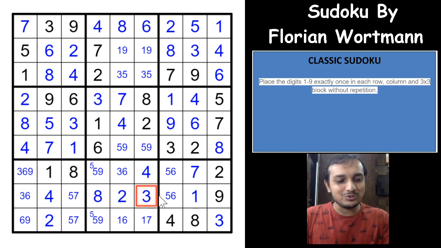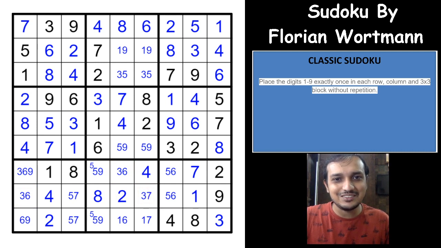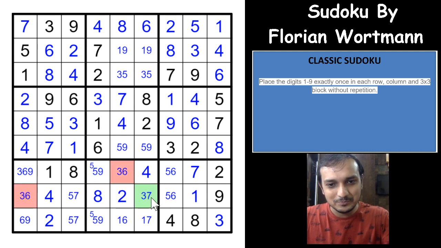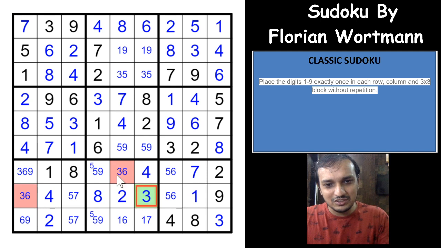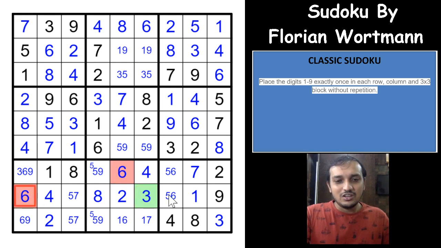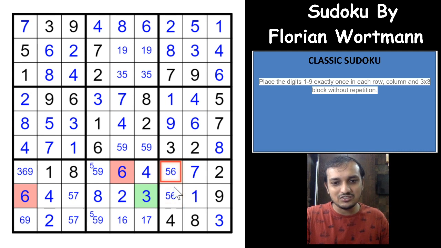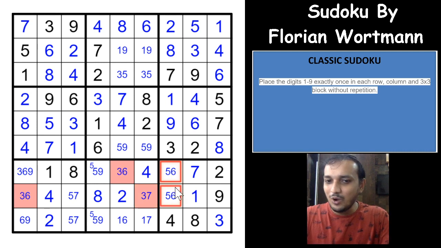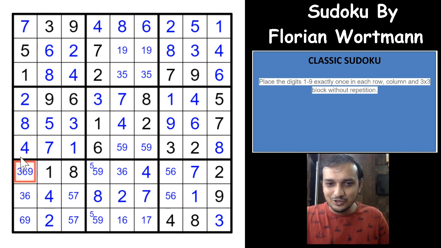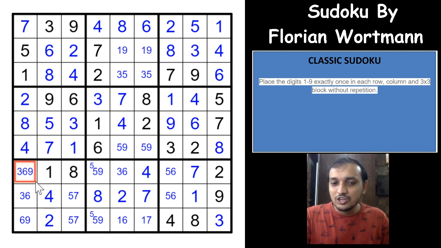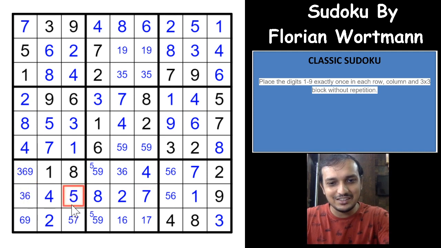Wow guys, wow, this is the intended solve path. This is what I was looking for. What happens if you have a 3 here? The moment you have a 3 here, both of these cells are 6 and you don't have 6 in these two cells. Both of these cells turn to 5. Wow. And which means that this cell cannot be a 3 and it would have to be a 7, and I am sure that this cell will be a 6 now. Using the bug technique, this cell would have to be a 6,